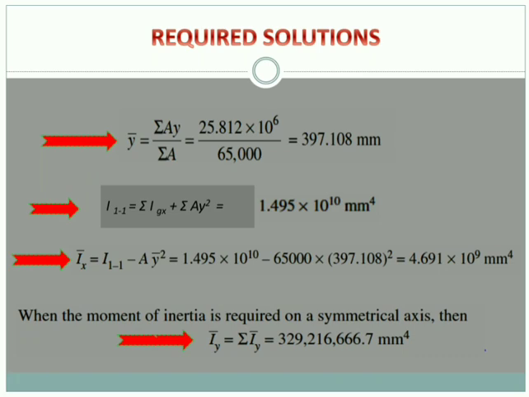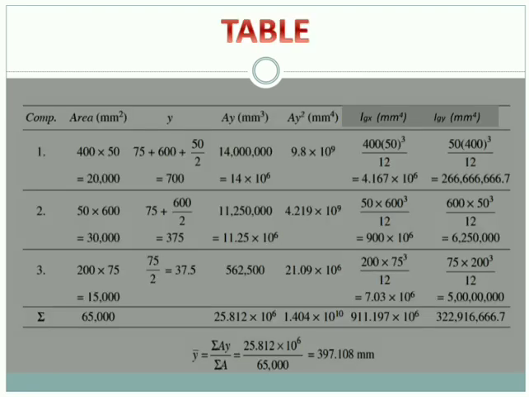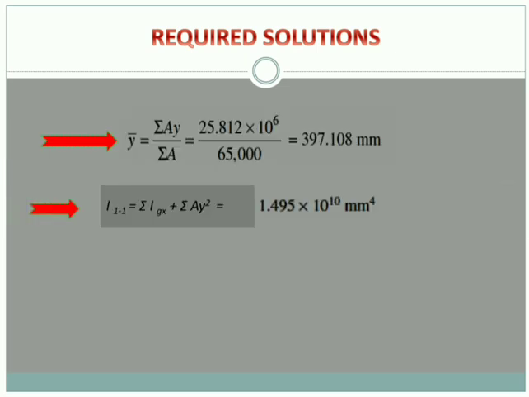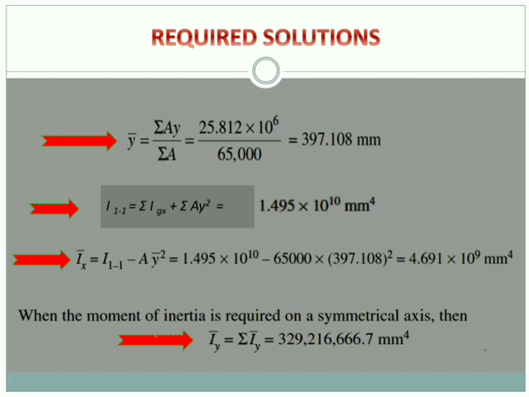So which individual values have you got? The Igy values. When you go to the table, you will find that value. This value itself will be your answer. Yes, correct. It itself will be your moment of inertia about the vertical axis, as this figure is symmetrical